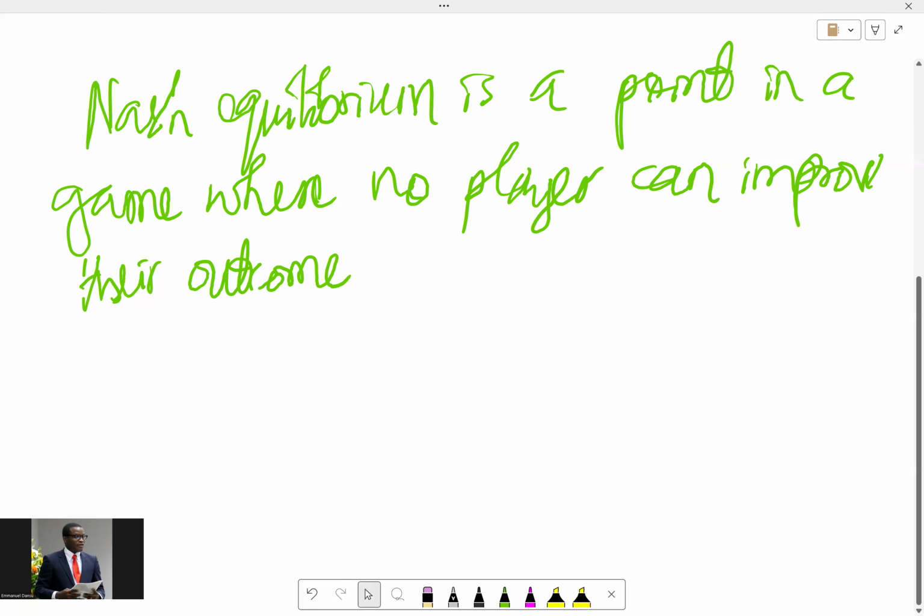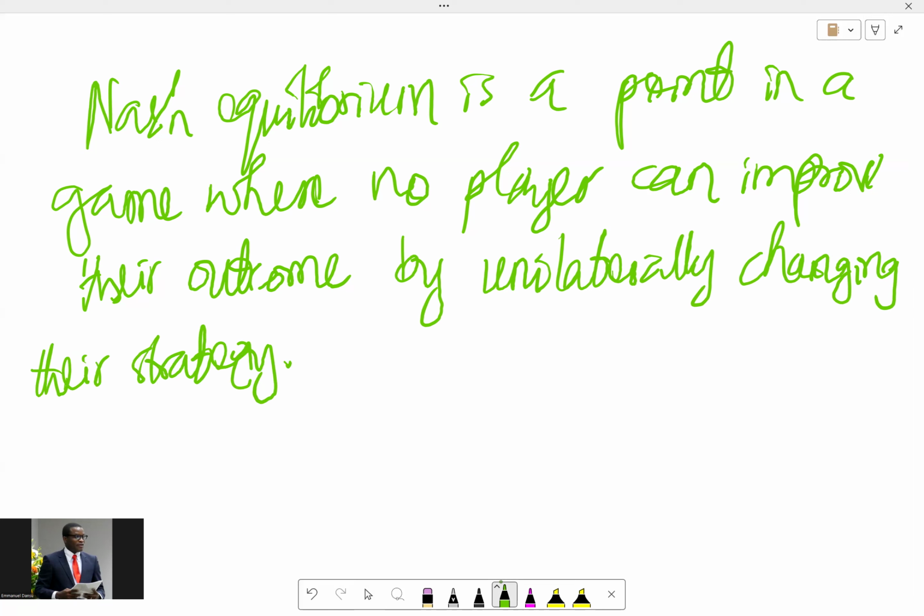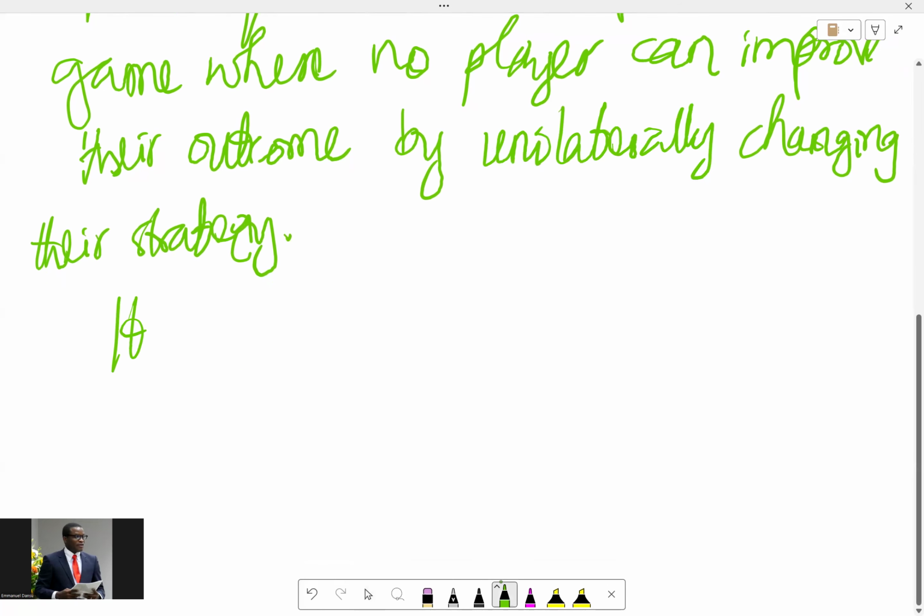No player can improve their outcome by unilaterally changing their strategy. So it's some kind of stable state, and that's the whole idea of equilibrium, right? It's a stable state